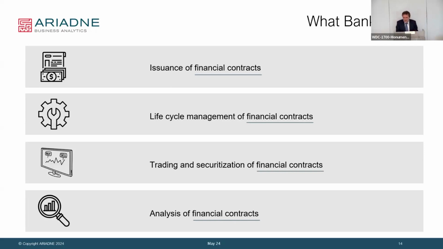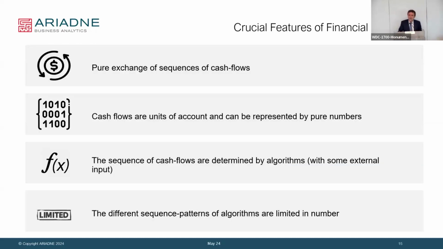Now, the financial contract has some beautiful features that make it unique, and that actually make finance the easiest business in the world. Sorry, it's not that. We managed to make it very complicated. And we managed to make it complicated exactly because we did not focus on these things. We focused on the balance sheet and we stumbled back to the fact of the business. And that creates the chaos which we have.